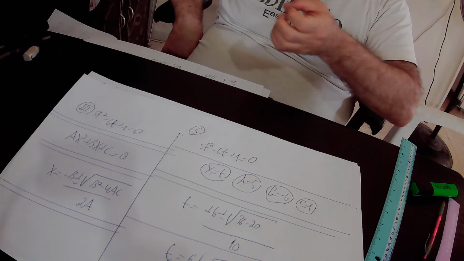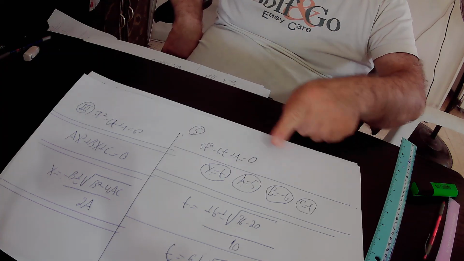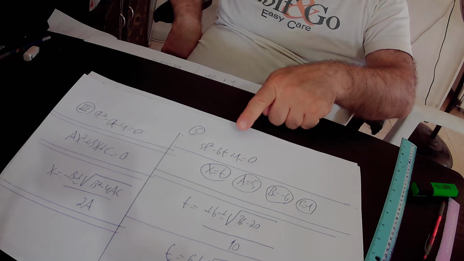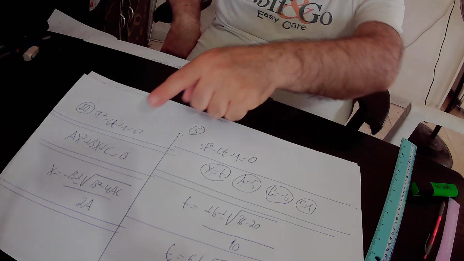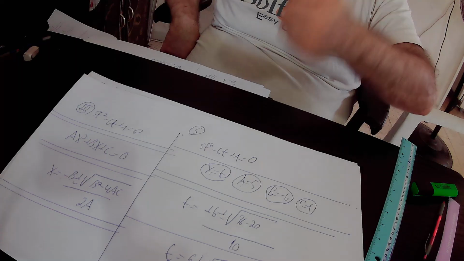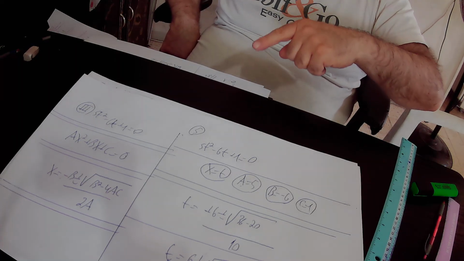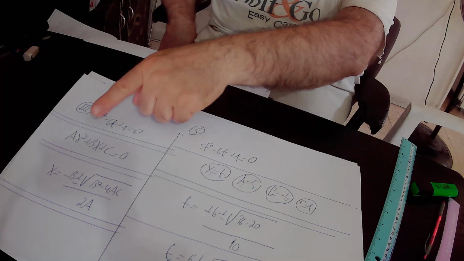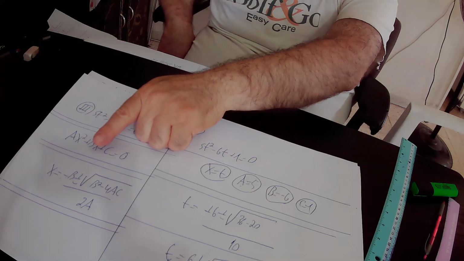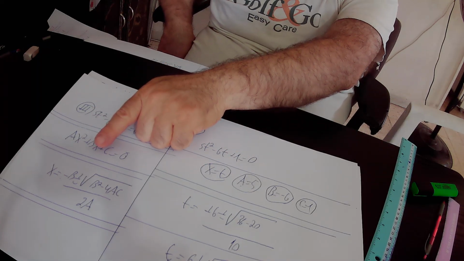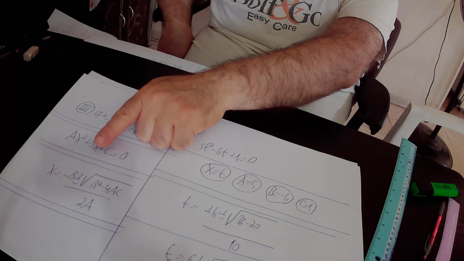The only thing that we have to do is to put this data of our specific quadratic equation inside this general formula for x, and in this way we find the values of t, because x equals t. So we substitute x by t, and it equals minus b. b is minus 6, therefore minus b is plus 6,